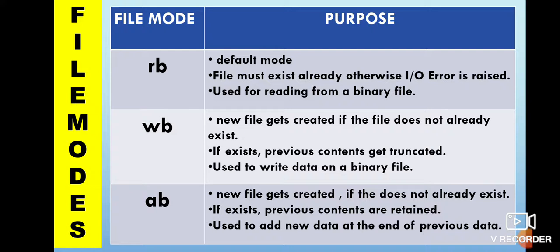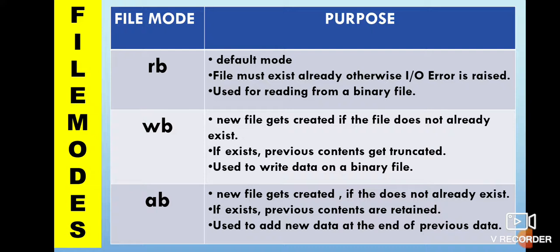One thing you must remember here, children, is that whenever you are opening any file which is a binary file, then always with the file mode you have to specify the letter B, which will indicate to the system that you are going to work on a binary file. Because if you do not do so, then by default a file opens in text mode, and therefore you will be working on the text file, not on the binary file. So remember, while specifying the file modes you have to write the letter B.